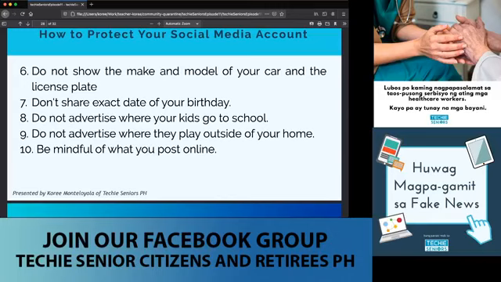Number 8, do not advertise where your kids or grandkids go to school. Napaka serious matter niyan. Okay? Do not advertise where they play outside of your home, no? Kasi mamaya yung mga kidnappers, 'di ba? Kidnappers, nire-research nila kayo, sino-social engineer nila kayo. So baka mamaya mangyari,